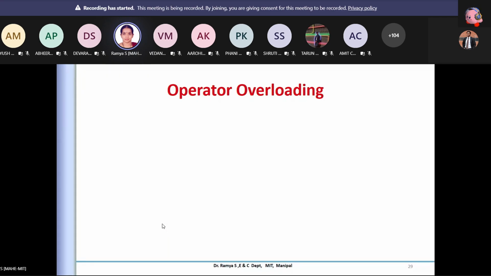The name itself suggests operator. So what are the operators? Say plus, minus, or any kind of operator which you can use. You will see more on that. We can change what it has to do, or add some more complexity to that, or add to its ability to do things. So what is the difference between operator functions and a normal function?